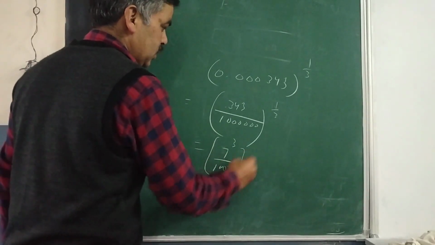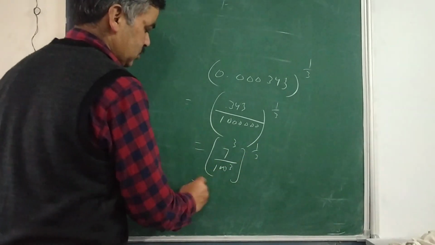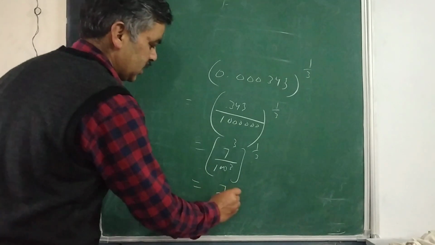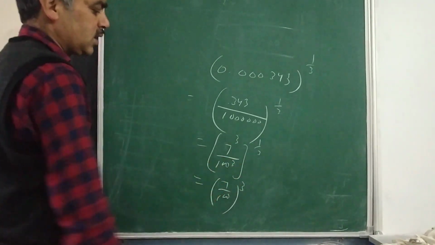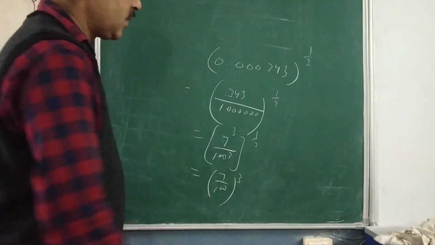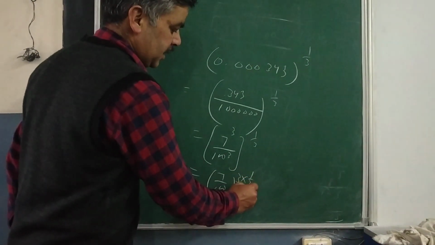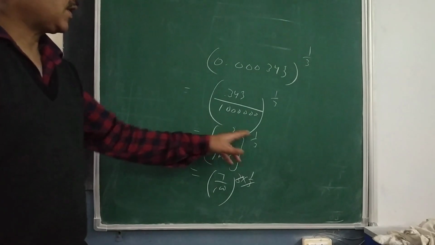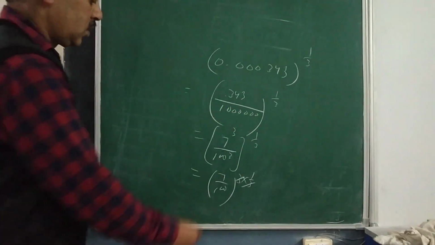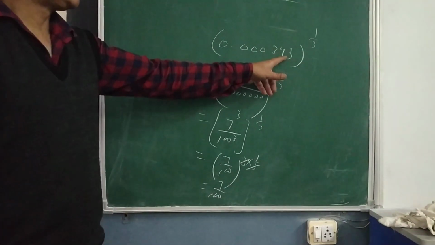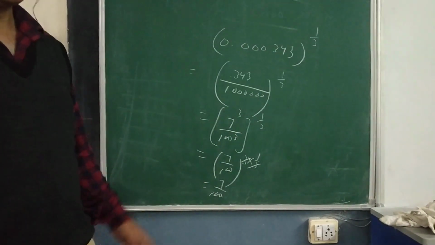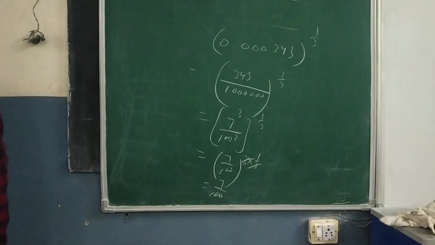And the power whole is what? 1 by 3. So I am not looking for prime factorization here. So 7 upon 100 whole cube, where power is same in numerator and denominator, I can write that only once and multiply it. That is the laws of exponent, power into power, power law. So you are left with what? 7 upon 100. So cube root of this will be equal to what? 7 upon 100. You can leave the answer over there.